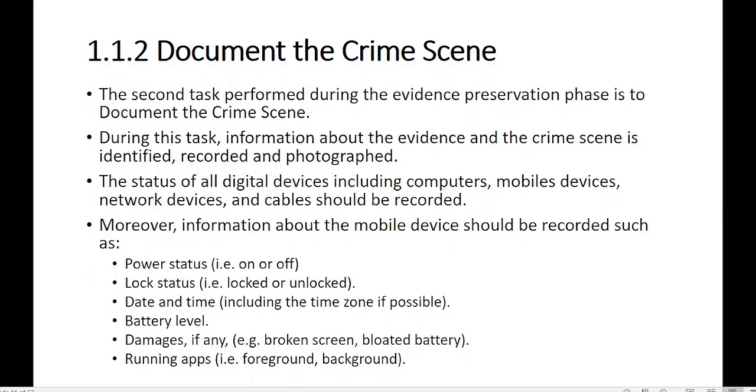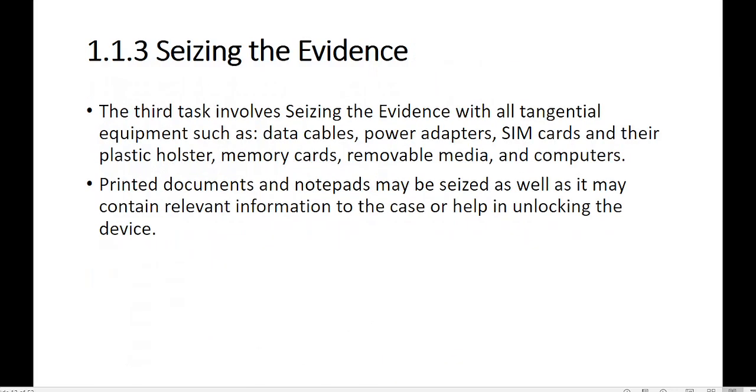Then the second part of preservation, of course, seizes the evidence. That is the other part of preservation. So the third task is to seize the evidence. Seizing the evidence is to ensure that all the tangentials,